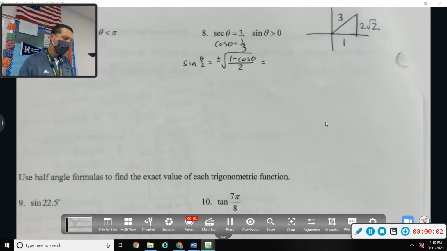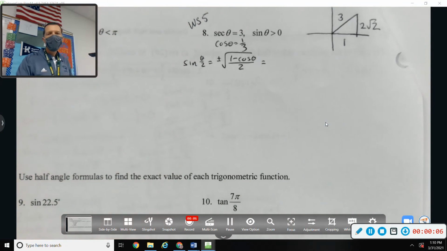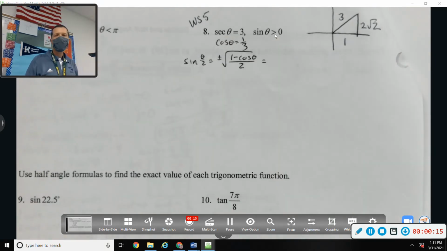So this is worksheet 5, number 8. Secant of theta is 3, which means cosine is 1/3. Sine is positive, so if cosine and sine are both positive, first quadrant,